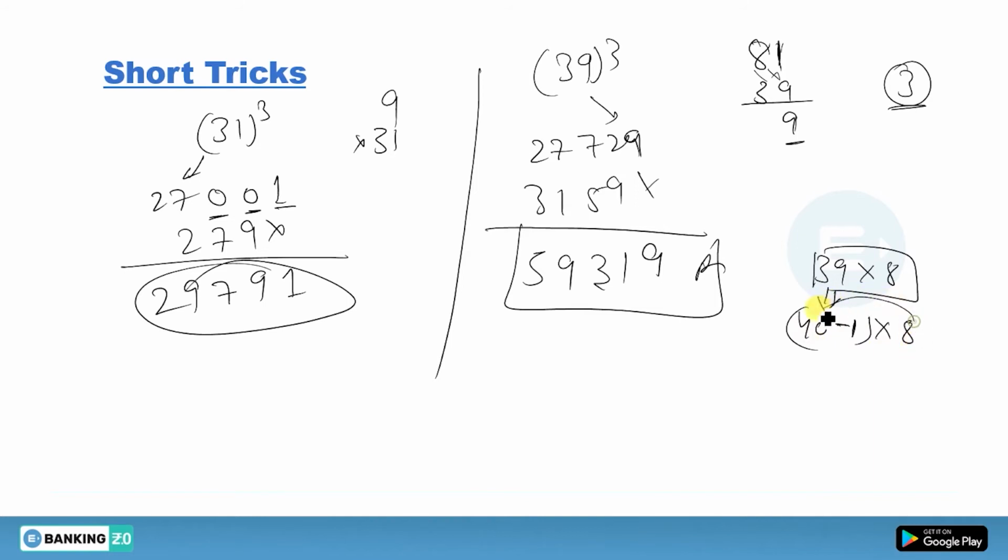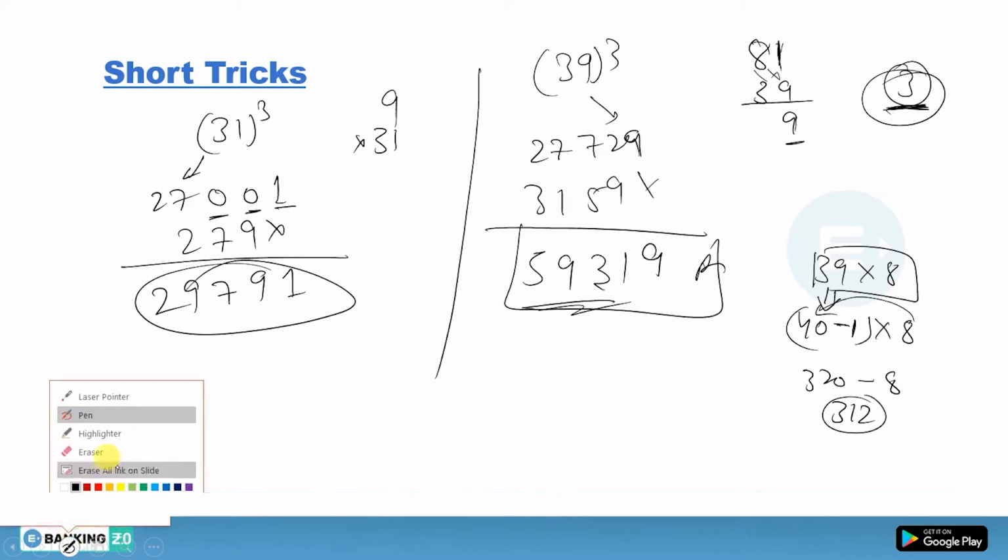So I multiply and this becomes 320, and 320 minus 8, so this becomes 312. Then I add this 3 to this 312, you get 315. So I just added these two and I got my answer. Okay, so I hope this splitting method is clear to you, and this is a very good method. Actually, you will be able to solve the question very quickly by using this method.